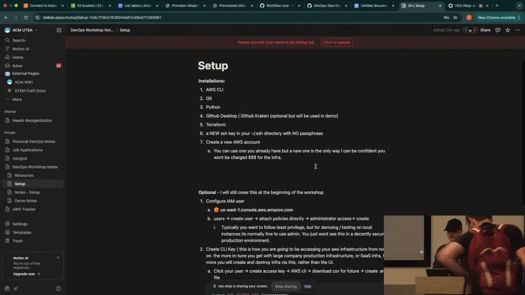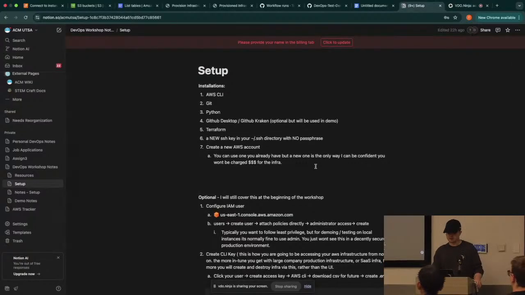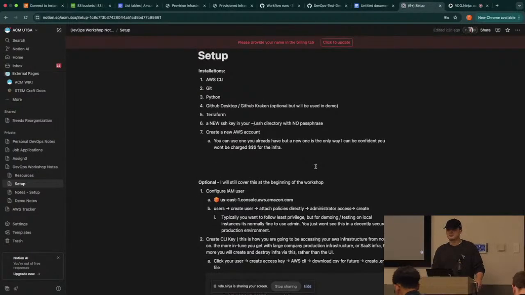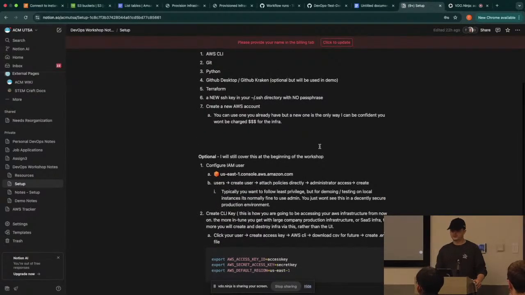The demo we're going to be going over in our workshop is setting up development environments. A very common process once you get into real workforces is testing software and tools, and you need development infrastructure to test that. Setting this up manually can be a long process. So we're going to show how DevOps teams can create an internal application to automate that process. I tried to keep the actual infrastructure that we're provisioning limited to a small EC2, that way if you want to follow along, you don't get charged a bunch. But we'll see with the configuration, it's very easy to scale this to as many tools and cloud applications as you want to.